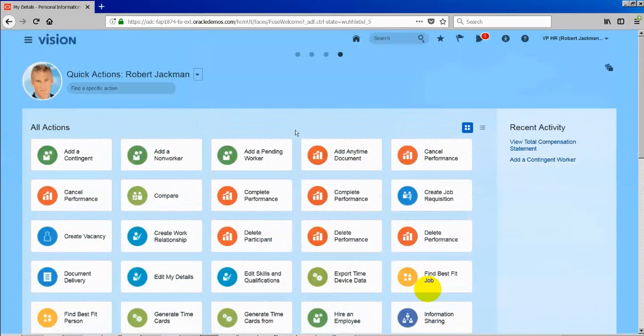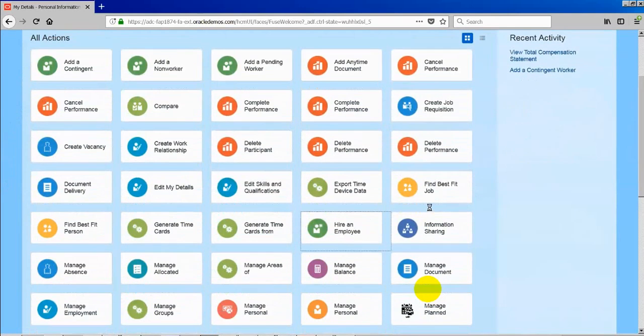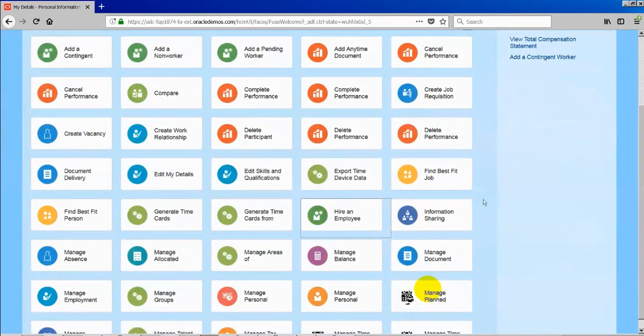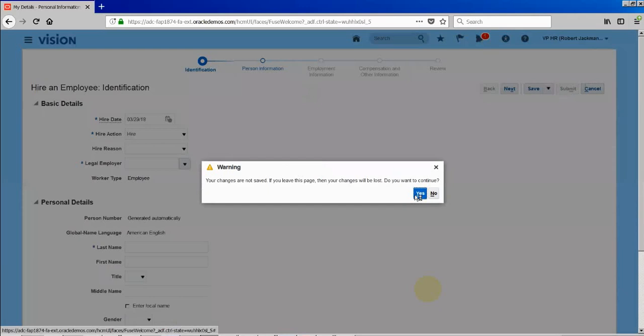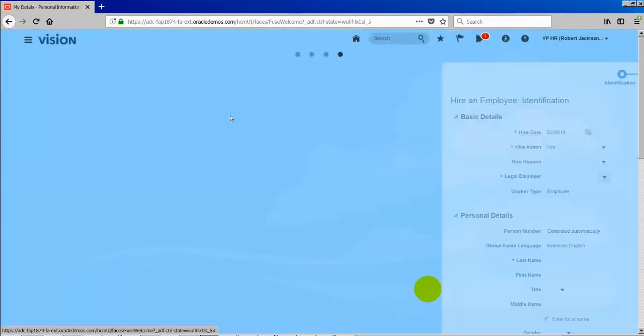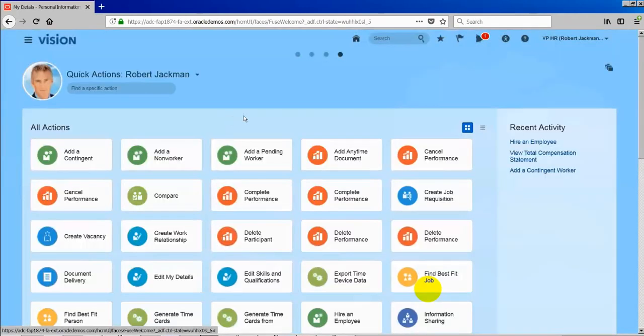If you want to hire an employee, just click on this task and you automatically land on the hire an employee page. As simple as that. So quick actions is also a very powerful and very useful tool where you have no need to understand the navigation, and you can go directly to the exact page.